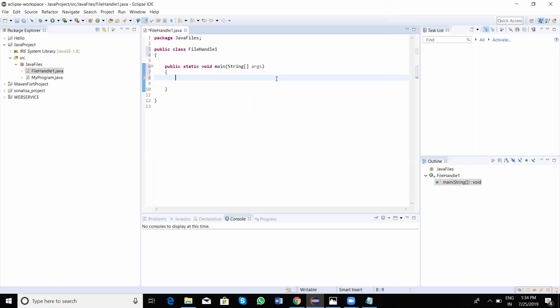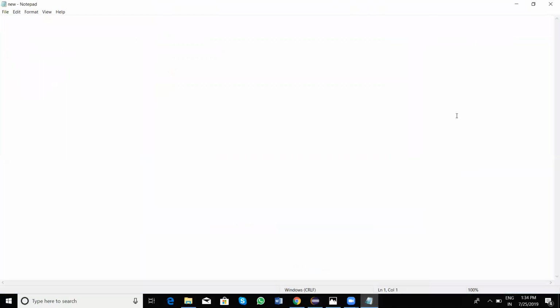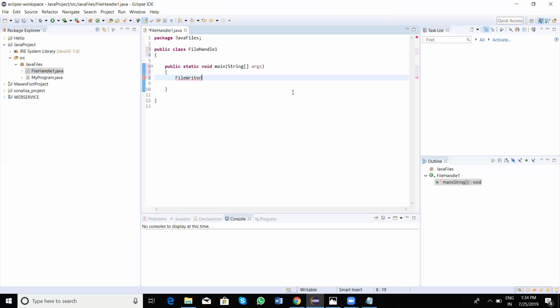Now what I need is the file handling concept. That means I will be requiring a class that is FileWriter. When we say FileWriter, that means we are going to write something inside our file. Currently you can see my file is empty, nothing is written in it, right? And I have to write integer data into this file using a List interface. FileWriter is a class present inside the java.io package, so io is a package within which I have the FileWriter class. So for that I need to import